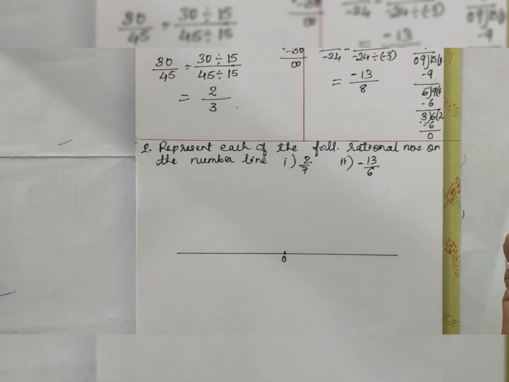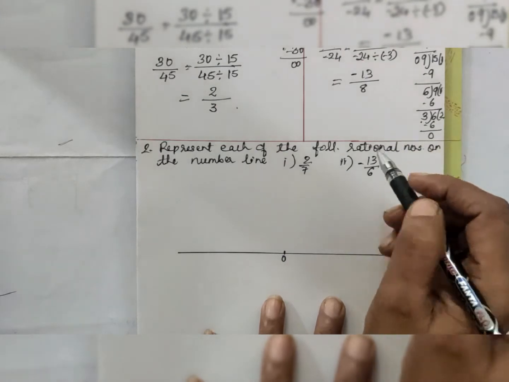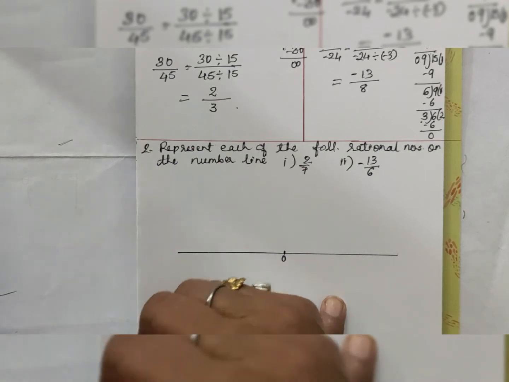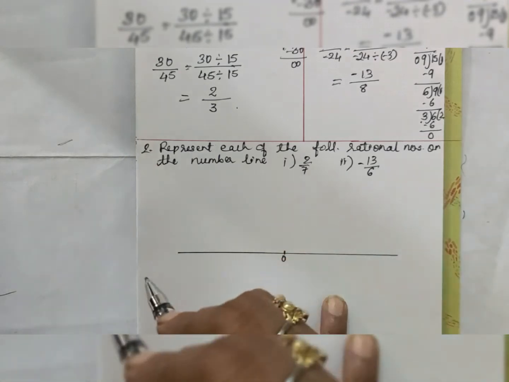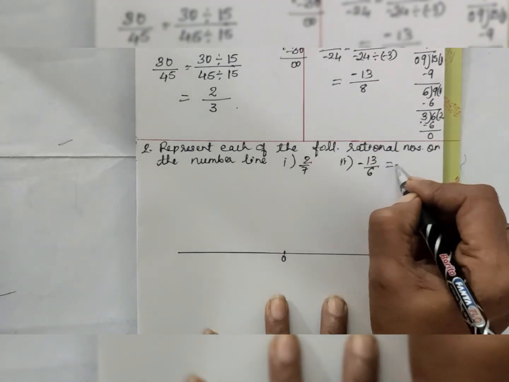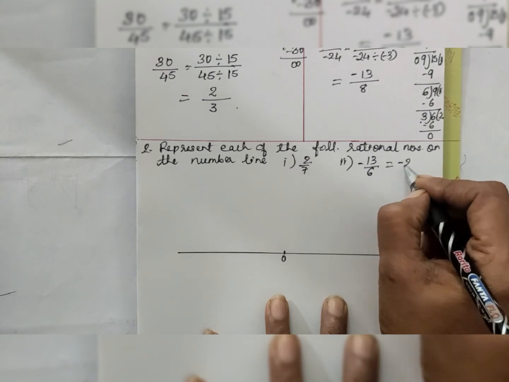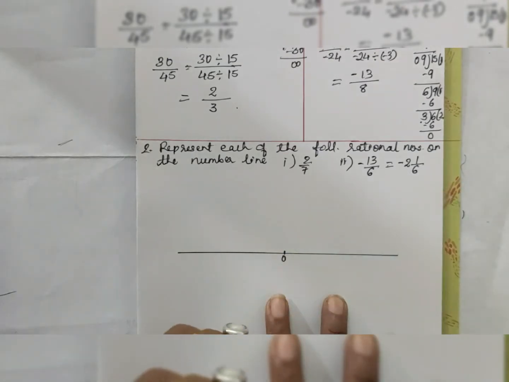You can represent all the numbers on one number line also. See how? Remember, if the numerator is bigger, you have to convert it into a mixed fraction. And you know how we convert into a mixed fraction? Divide the numerator by the denominator. So its mixed rational number will be 2, 1 by 6. The negative will stay as it is.